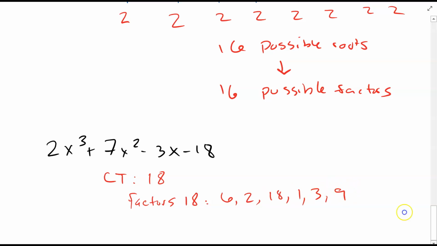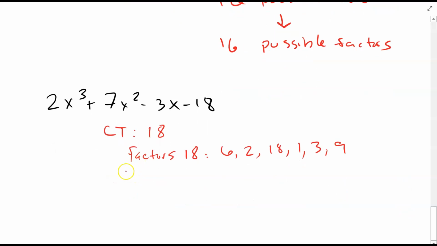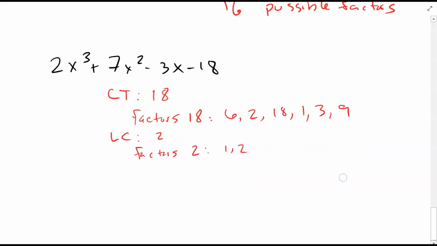I think that's all of them, right? Okay. And what's my leading coefficient here? 2. And the factors of 2 are 1 and 2, right? Everybody agree with that? Okay. So my possible rational roots are plus or minus 6 over 1, plus or minus 2 over 1, plus